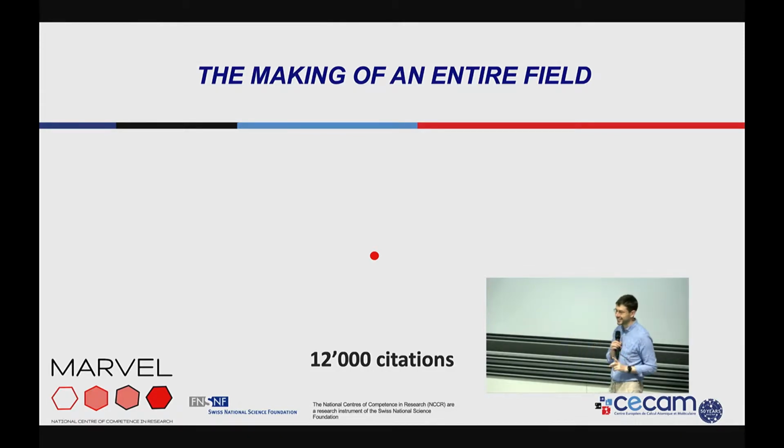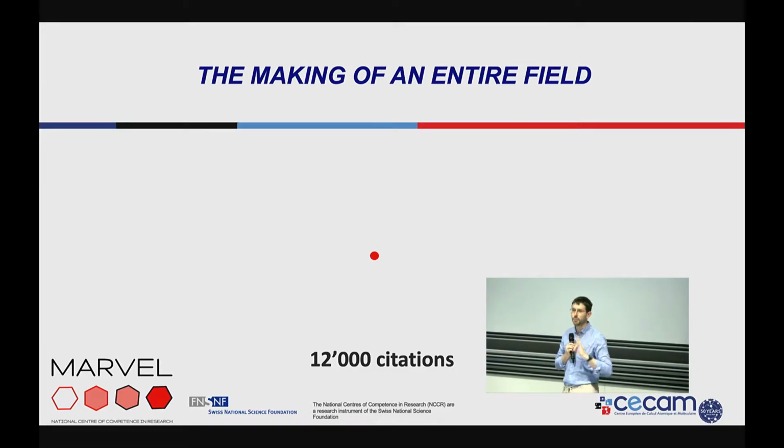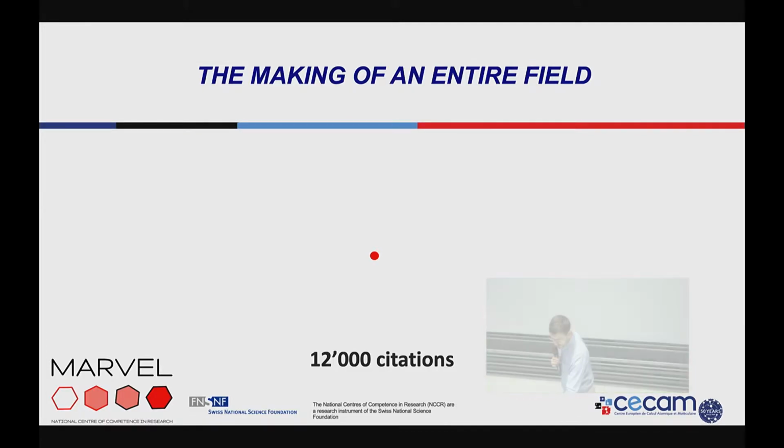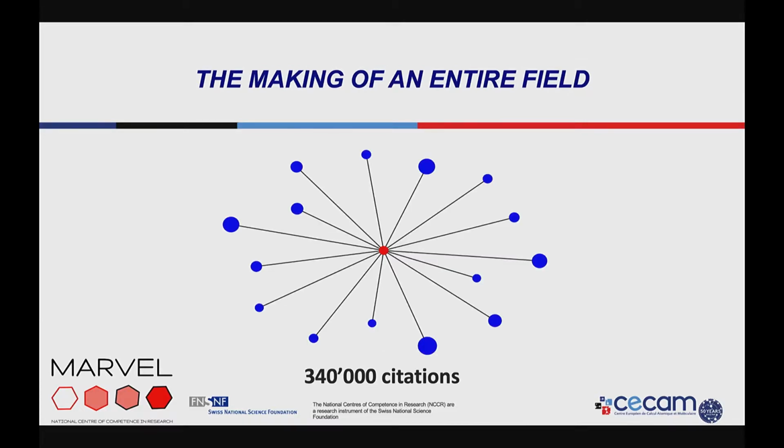So I did this yesterday evening, and after a while, Google thought that I was basically trying to download their entire citation database, and so they kicked me out. But before they did, here you can see circles, and the area is proportional to the number of citations. So the Car-Parrinello 1985 PRL itself collected on its own about 12,000 citations, which is in itself very much respectable. But then, and these are just the first 20 top cited papers that cite the Car-Parrinello paper, again, because then Google kicked me out.